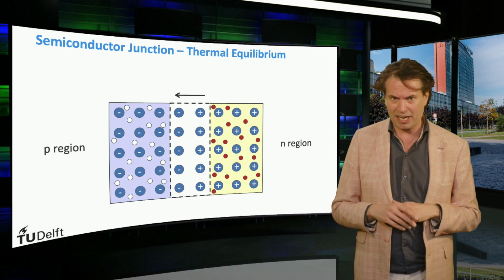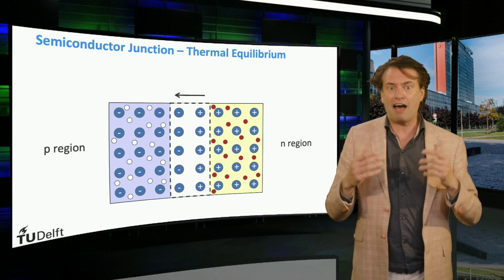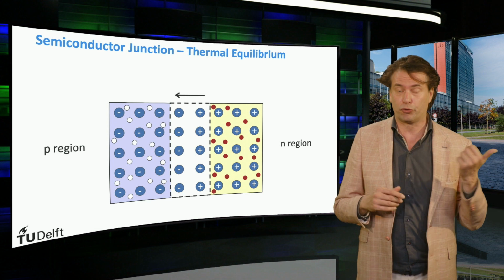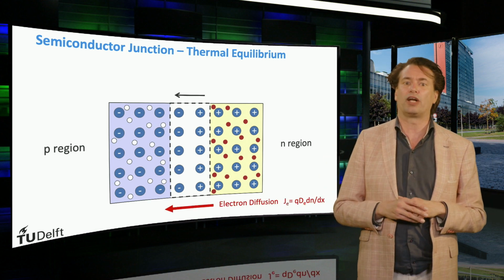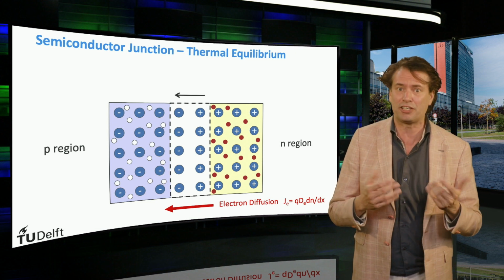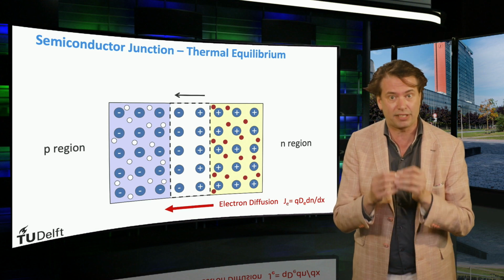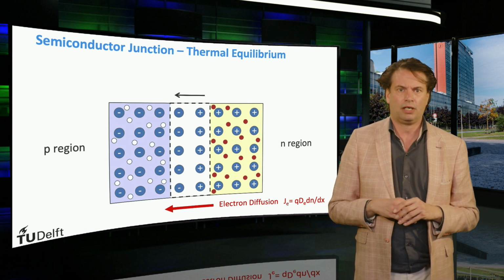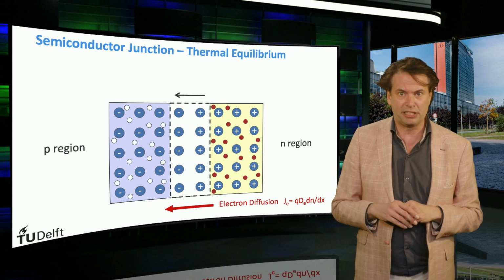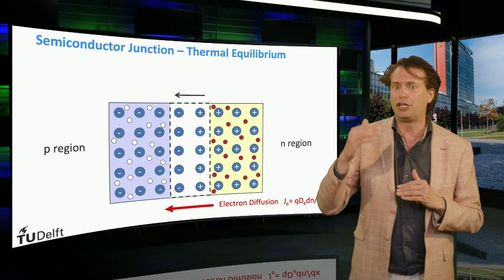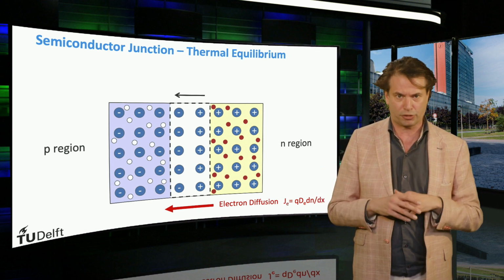The two transport mechanisms over the space charge region are in balance. We have introduced two simple equations for drift and for diffusion. The diffusion current density for electrons is ruled by the density gradient, which is the electron density at the n region minus the electron density at the p region. The electrons are the minority charge carrier in the p region, which means that the density gradient is fully determined by the majority electron density in the n region, which is orders of magnitude higher.